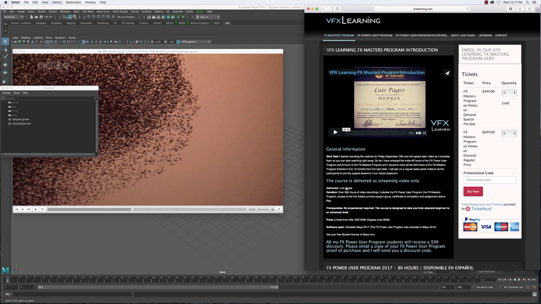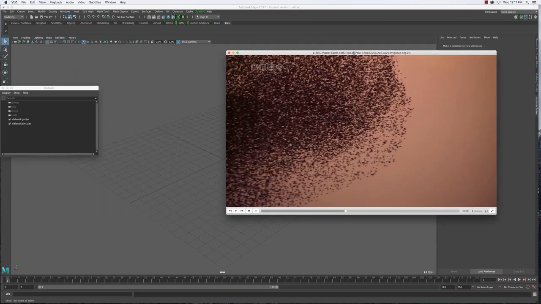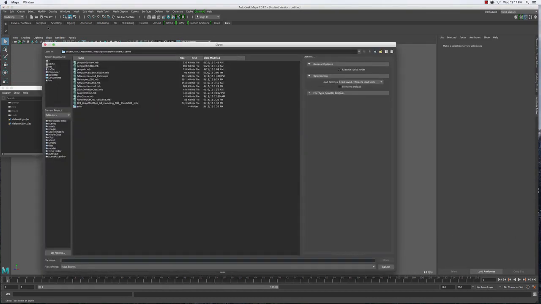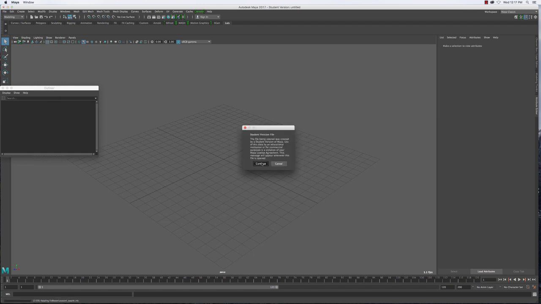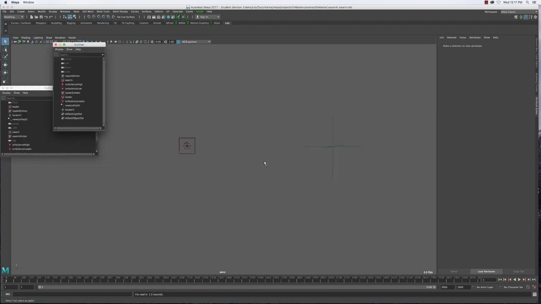I'm going to continue talking about the flock of birds from the previous lesson, a couple more things that were missing from the video in the last session. So again, same topics as before. I'm going to open the scene file that we were working on in the last recording, which is located here. There we go. This is what we had